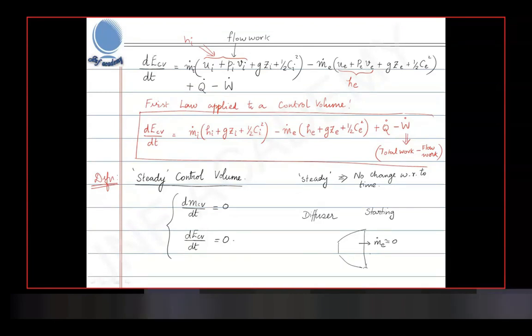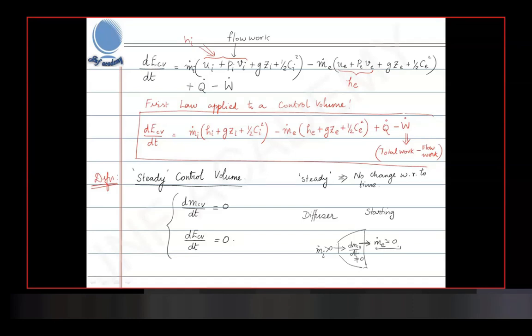It's almost zero, right? You're just starting. So at the inlet, it is just starting to flow. m dot I is very small. There is a small mass flow, which is positive, and here it is almost zero. So during the starting, you see that dmCV by dt is not equal to zero. That is, the control volume mass will start increasing, and slowly this mass will start going out,